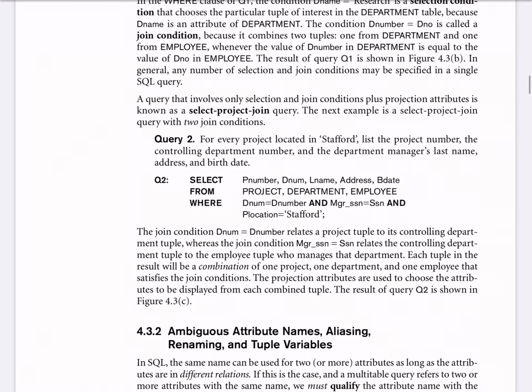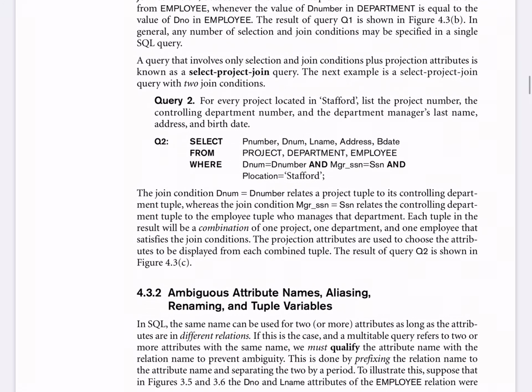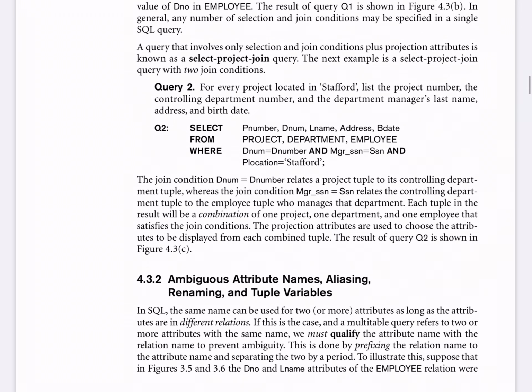Now let's go to the next query. For every project location in Stanford, list the project numbers, controlling department number, and department manager's last name, address and birth date. So what do I have to print?